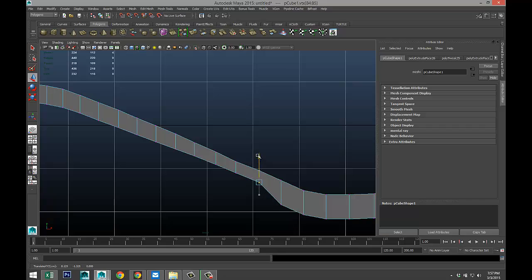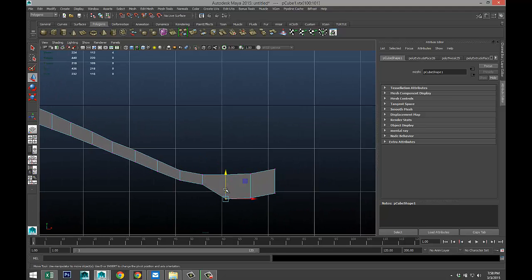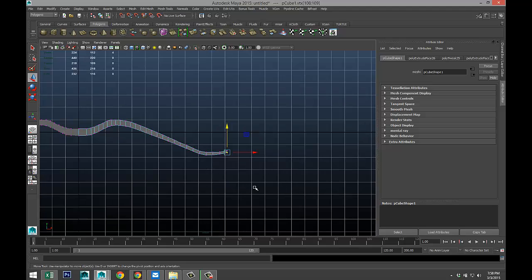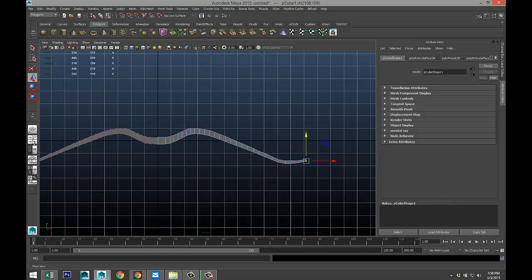But we'll see where we're at and how we're doing. And we will smooth this out. Okay, so this is our rough shape.